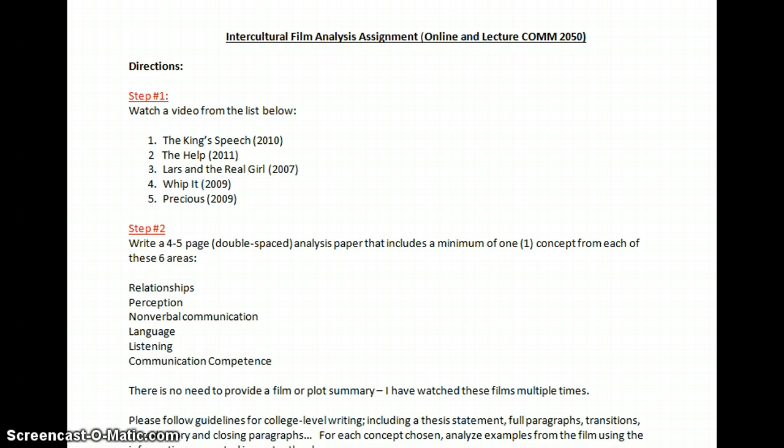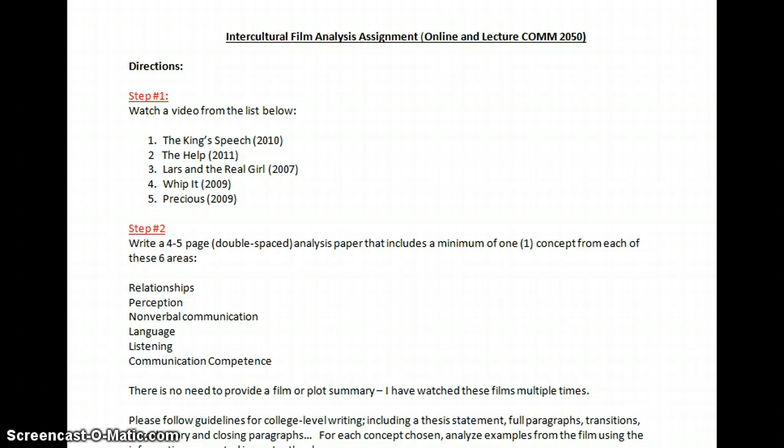If you've seen the film before, it might be easy to jump right in and start your analysis. If you've not seen the film, I really recommend that you watch it once just to enjoy it, get the idea of the plot, then go back a second time and watch it to actually create your analysis. If you're not familiar with these films, I would encourage you to use International Movie Database, imdb.com, and just check it out. They'll have plot lines and all sorts of information about the film so that you can check them out before you choose to watch one.